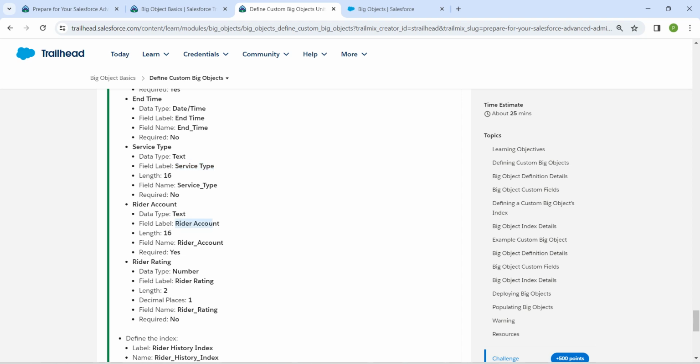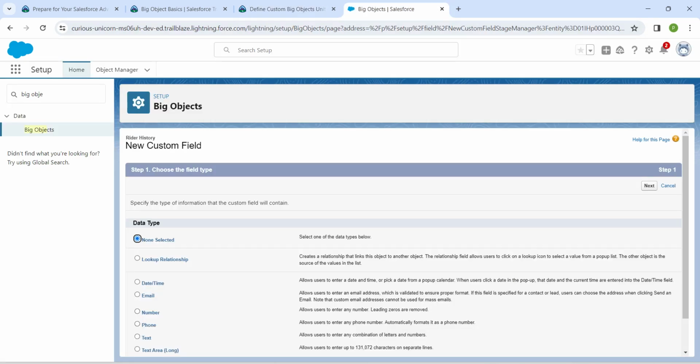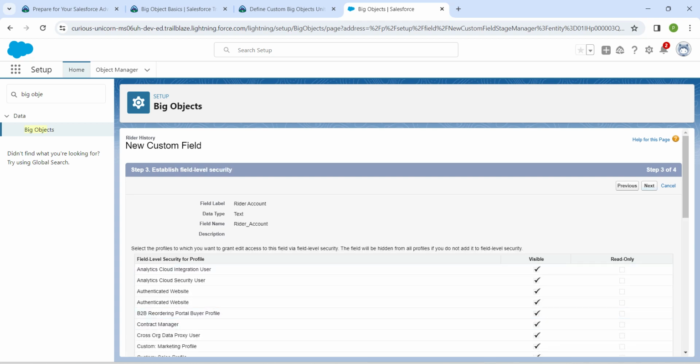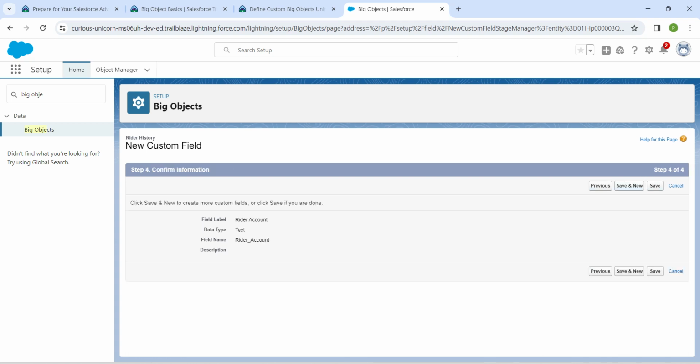Let's copy this field label, which is rider account. So this is also of text data type. So choose text followed by next, give the field label. So for this, length should be 16, and choose the required checkbox followed by next, followed by next, followed by save and new,